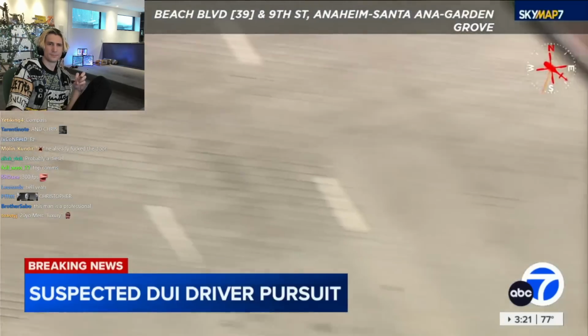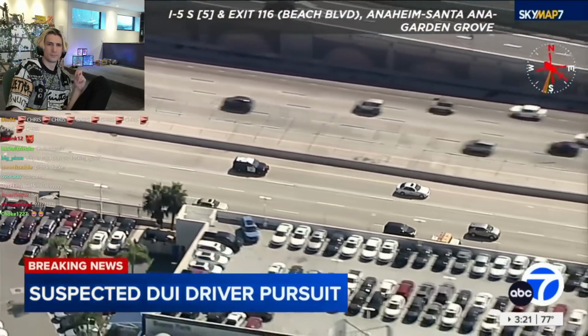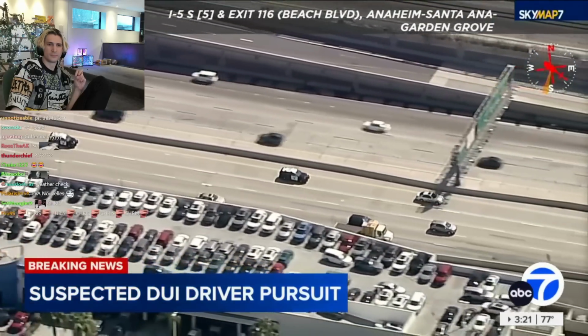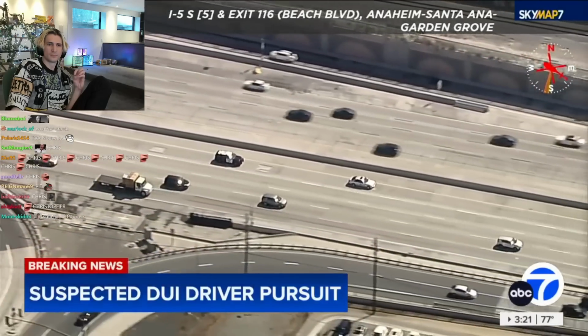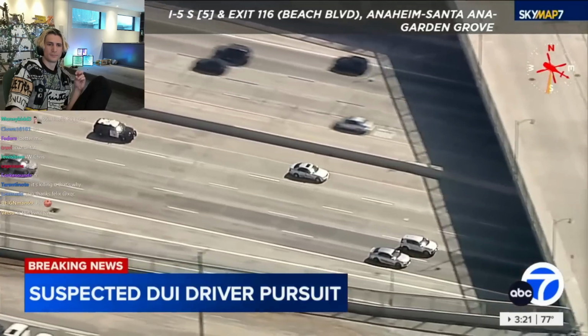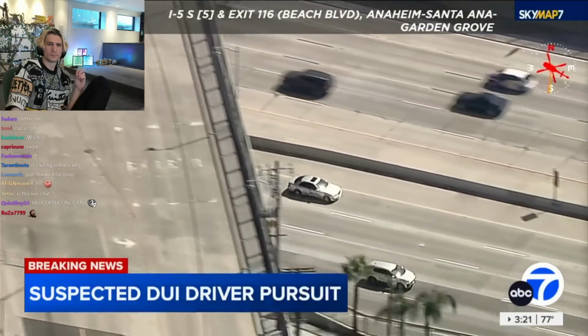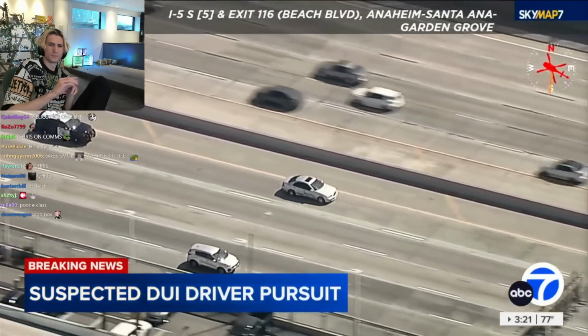I can say that this pursuit has been going on for the better part of the last 20 minutes or so, roughly speaking, at least. Maybe even a little bit more than that, maybe even close to a half hour. But anyways, we don't know how that damage got there. We don't even know if it's his vehicle or hers. We really don't know much about how this all started or who's behind the wheel here,